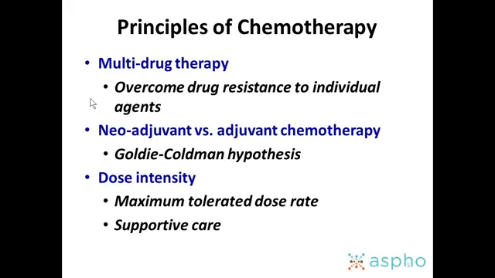The next principle is really, when is chemotherapy most effective? And the teaching is that chemotherapy is probably most effective in the adjuvant setting, or when there is microscopic residual disease, when the majority of tumor burden has been addressed in a different way, and that's usually by surgical resection of solid tumors. And that is the premise of the Goldie-Coldman hypothesis, which basically suggests that your best chance of curing a particular tumor is if there's no drug resistance and you use as many active agents at the highest